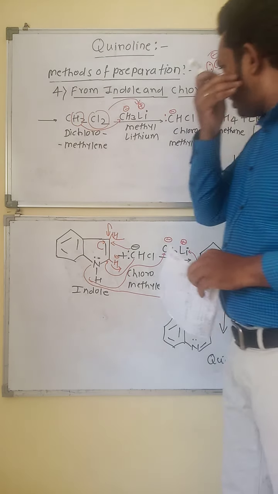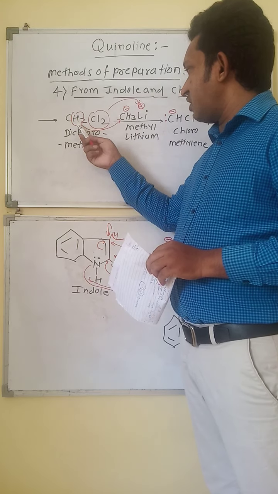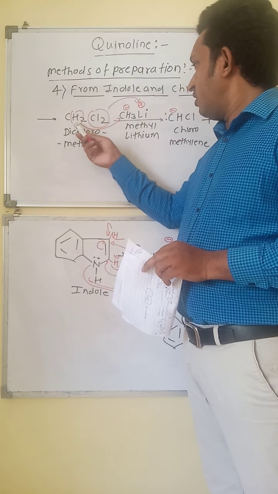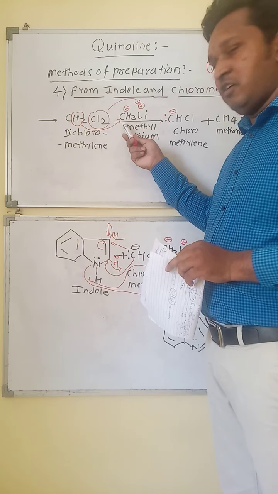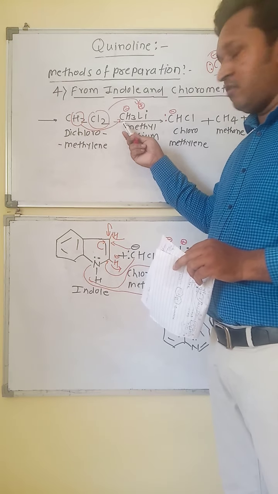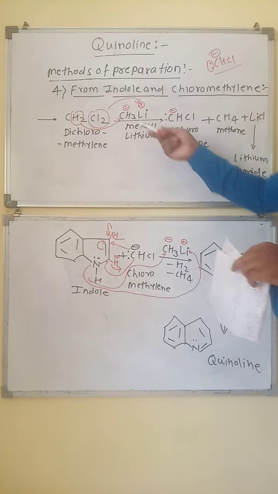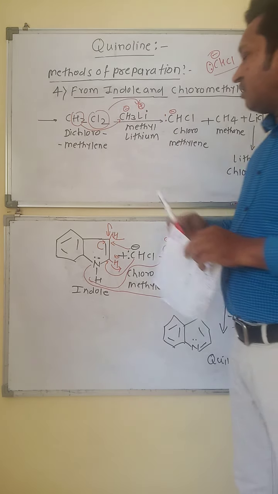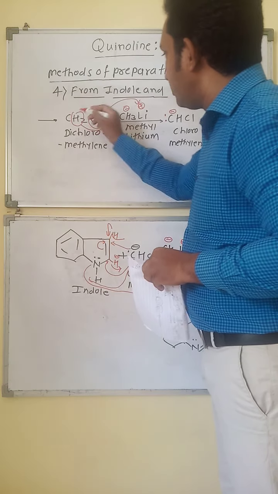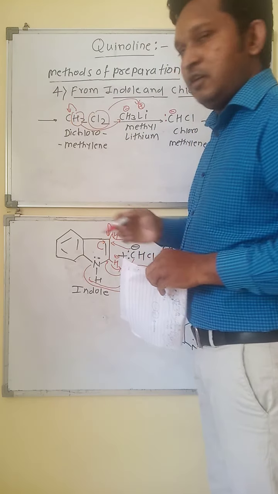Now the next part, that is the CH2. CH2 contains two hydrogens, the methylene group. One hydrogen will be attracted toward the negatively charged methyl group. So we get methane. CH3 becomes CH4. It is the formation of methane. Now the remaining lone pair of electrons from this hydrogen will be taken towards the carbon atom.